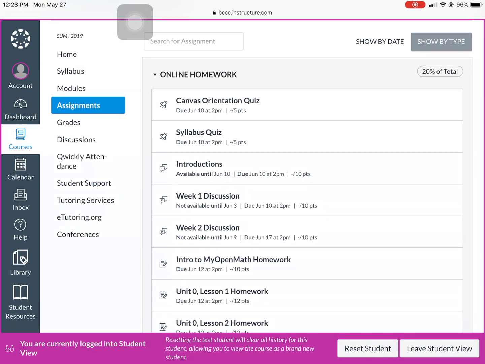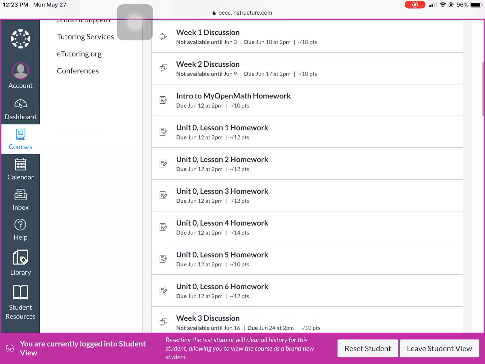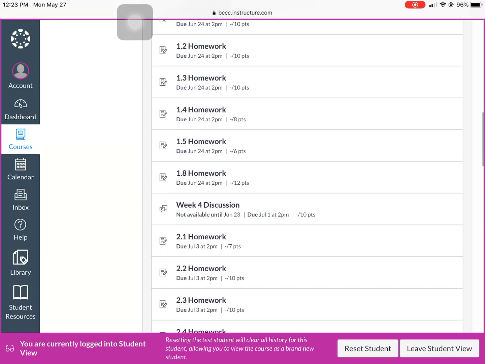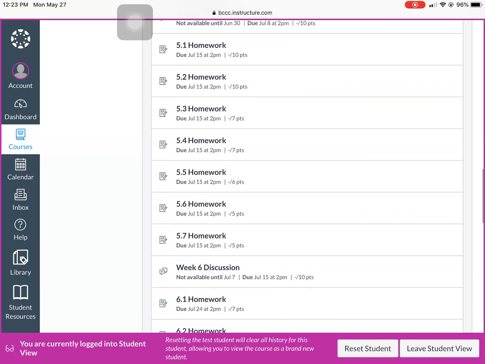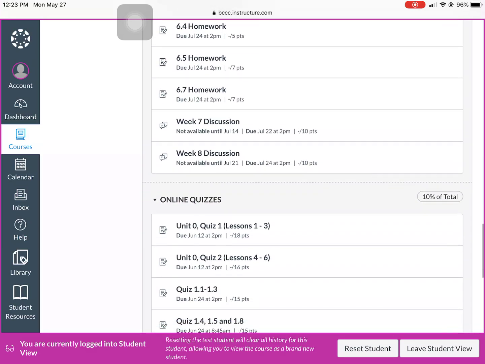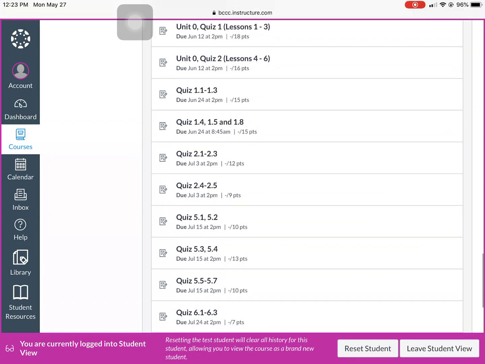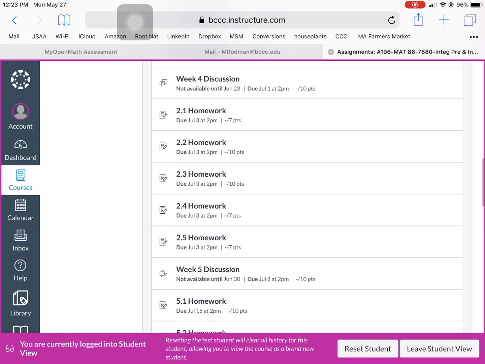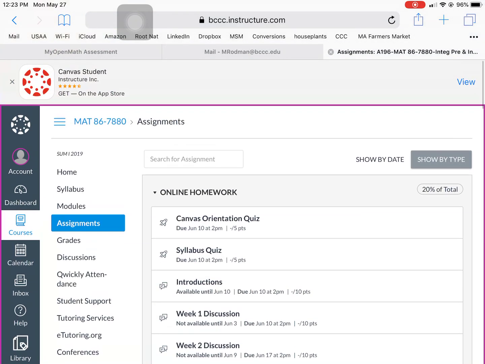So it's a little confusing, I know, but the first couple quizzes are actually counted as homework. The introduction word here is actually your discussion introductions. So your discussions all fall under homework as well as your math problem homework. Okay, so that's all together in your math and your assignments under homework. And then if you're in there by type, there are the math problem quizzes and tests. Okay. So if you do it by date,